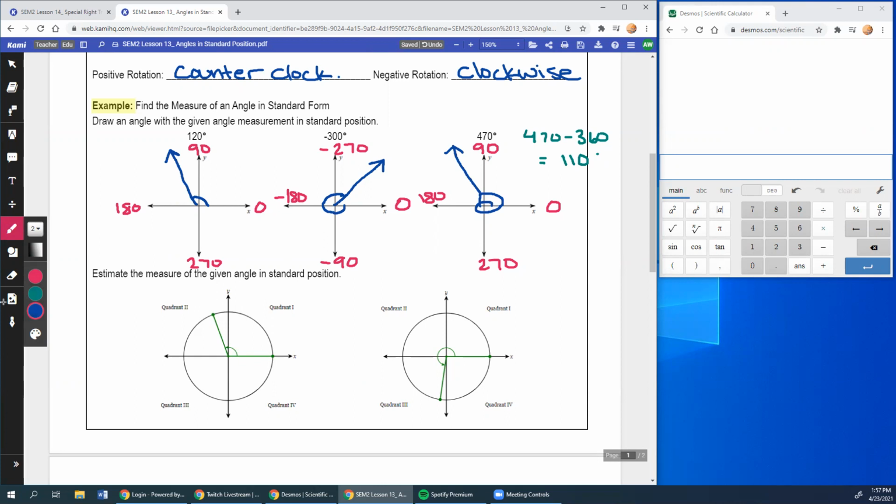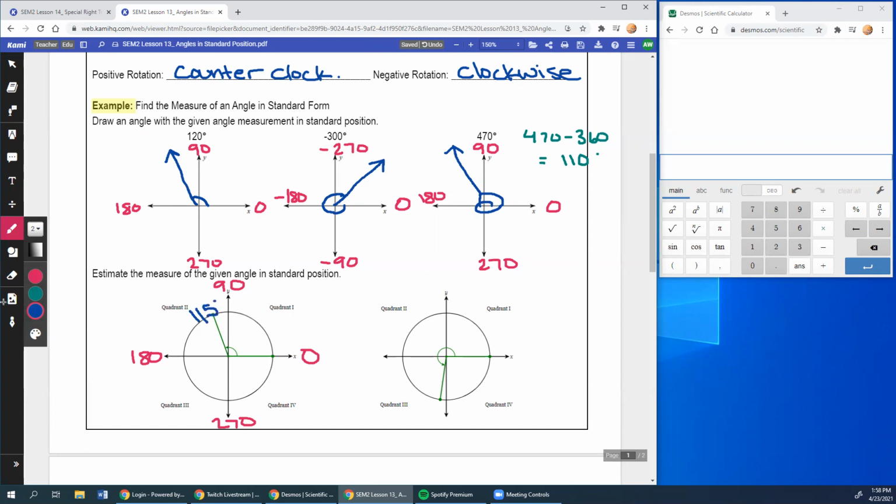Now they're going to give you a drawn angle and you have to estimate where it is. I'm going to still start with labeling. So 0, 90, 180, 270. Here it falls in quadrant 2. It's closer to 90 than it is to 180. Halfway in between would be about 135. So we're going to back up a bit and I'm going to estimate that it is at about